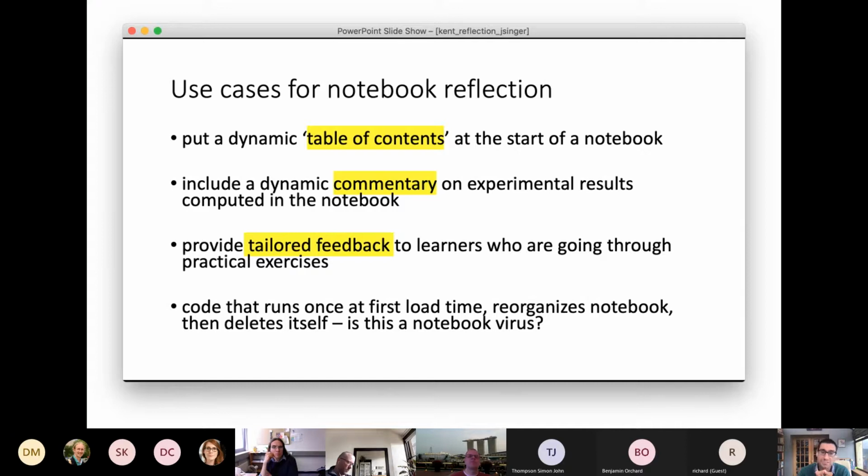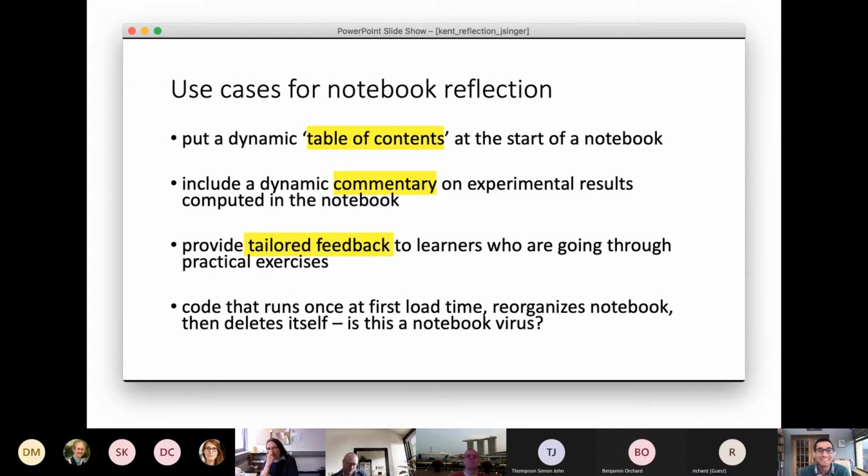So one possibility is that you might want to generate a table of contents at the start of your notebook. And at the moment, you can't do that automatically while the notebook is running. You could do it by, I suppose, opening the JSON file of a notebook inside a non-running notebook, and then trawl through it and find the different fields and so on, and then generate your table of contents there and rewrite it to the JSON file. But then you'd need to reload that notebook into memory again, and you'd trash all your existing state and so on. So a dynamic table of contents is one possibility.